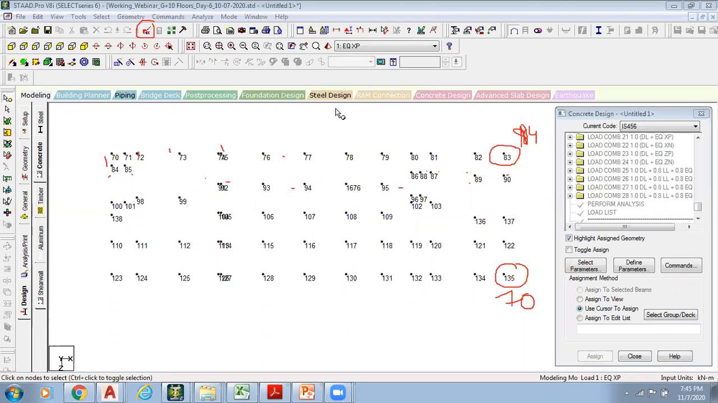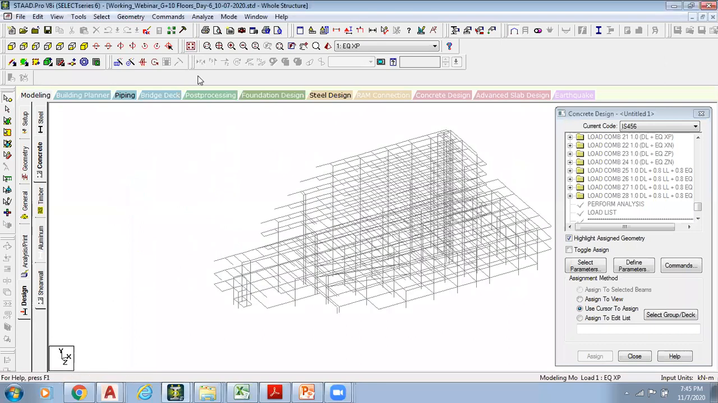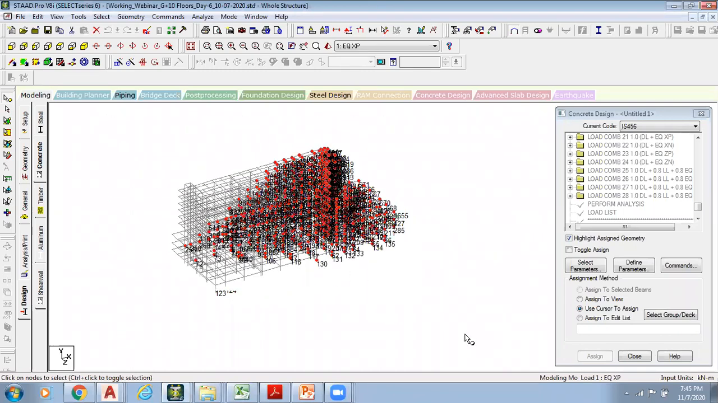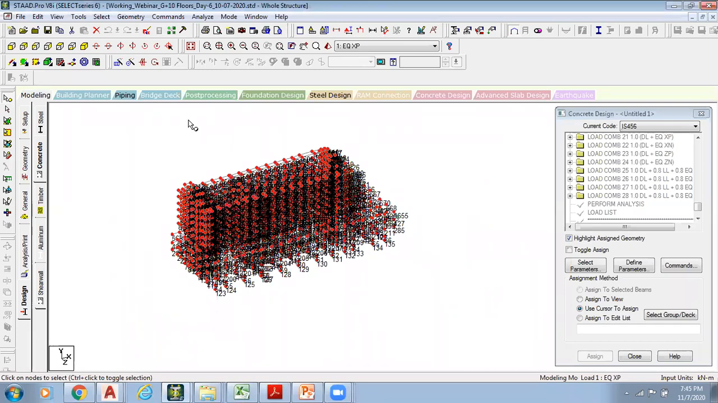So what I do is now I need to renumber it, right? I'm going to select this whole structure. I wanted to renumber on foundation level. So I'm selecting all these nodes. I go to this geometry,